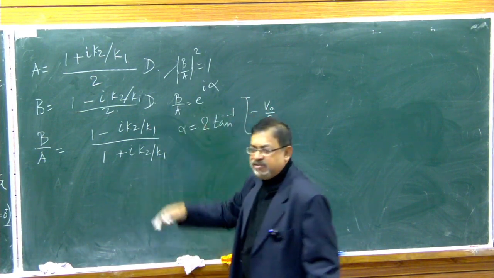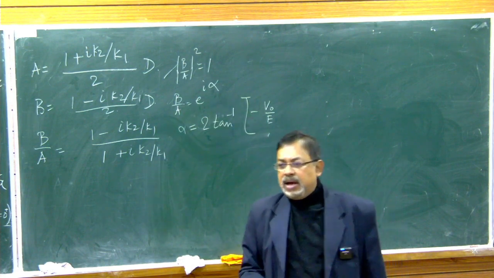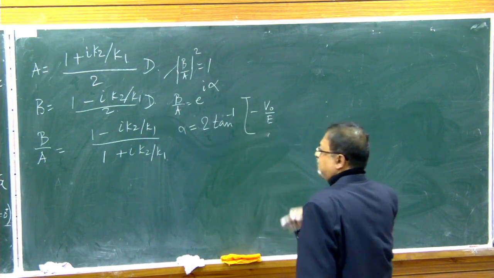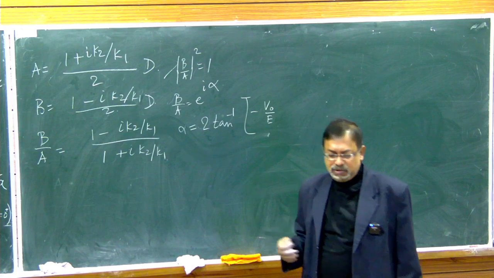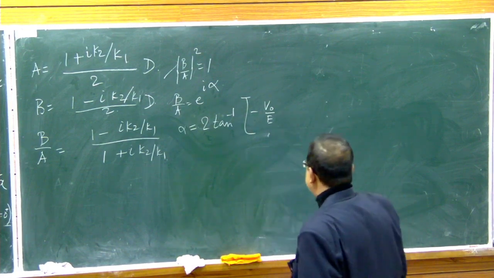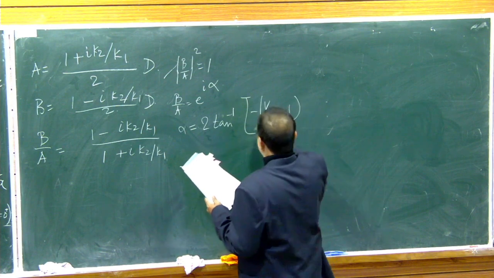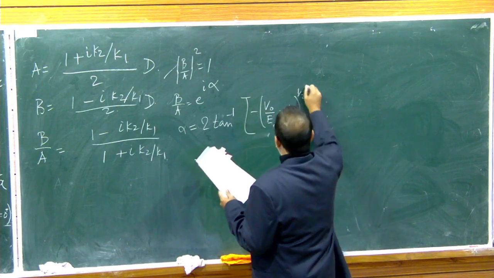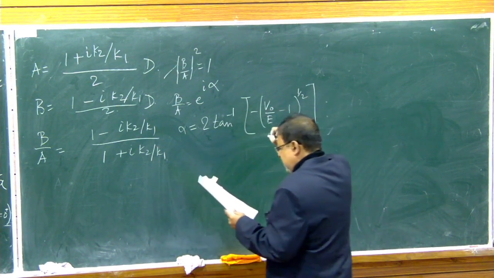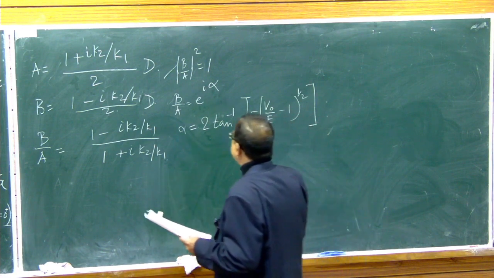I'm just skipping a few steps which you should fill up, but this has to be done because there's a large number of things to be completed for this course. So, that's your alpha, and the D by A,